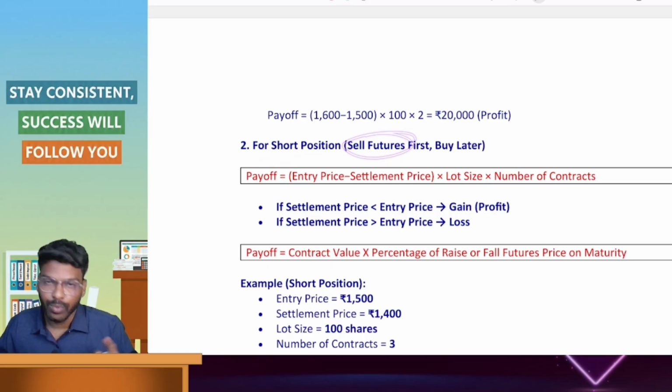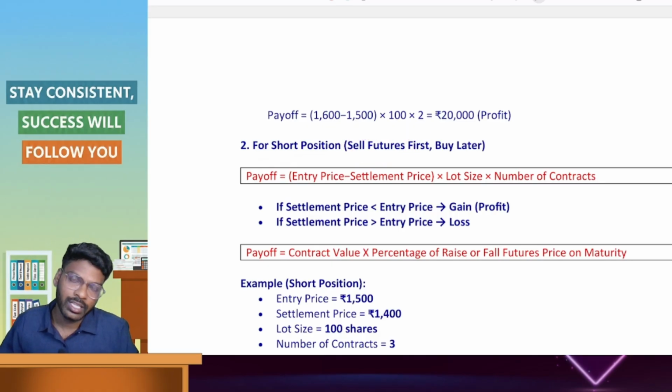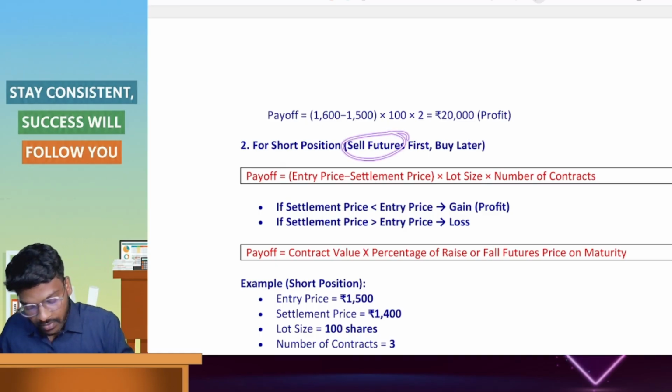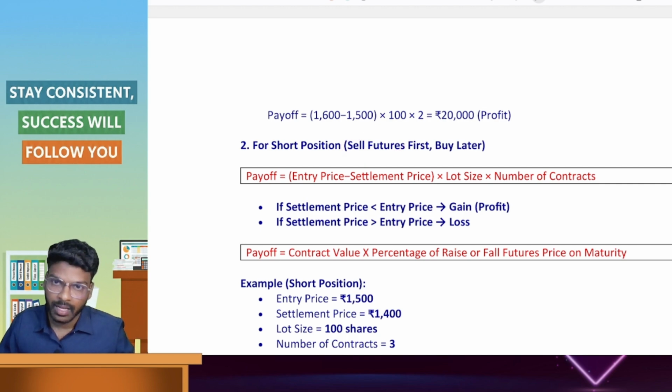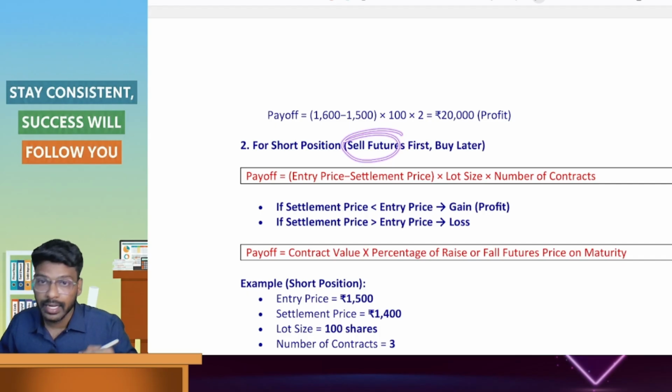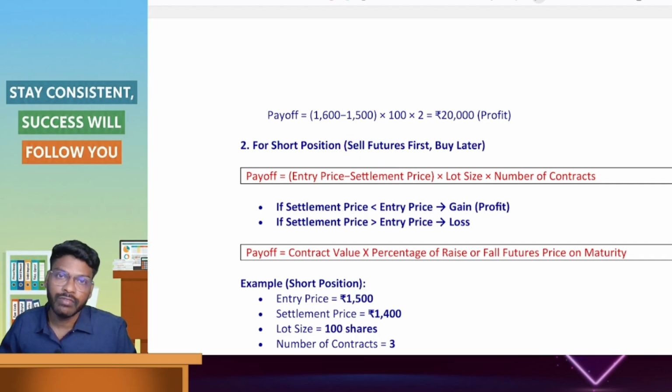If both parties, one party has to buy and one party has to sell, then only futures and forwards are possible. If he sells the future contract first, it is a market transaction, it can happen without a physical holding of shares. Without shares,